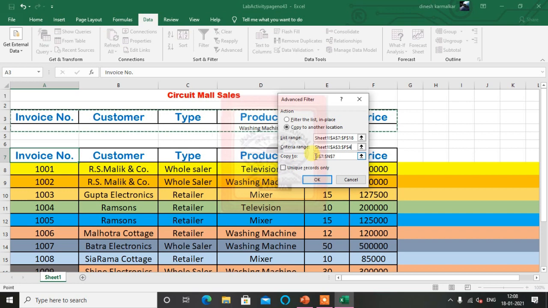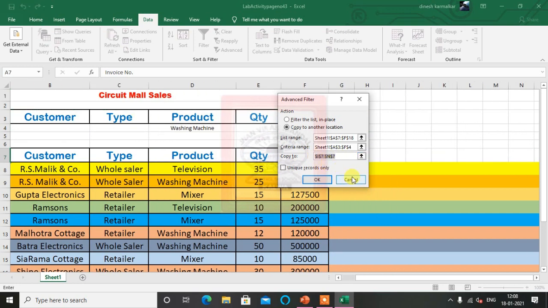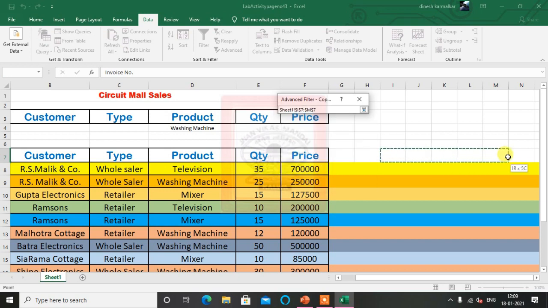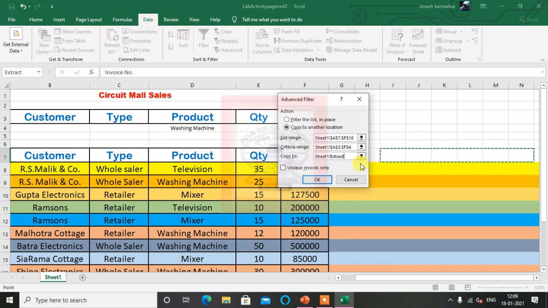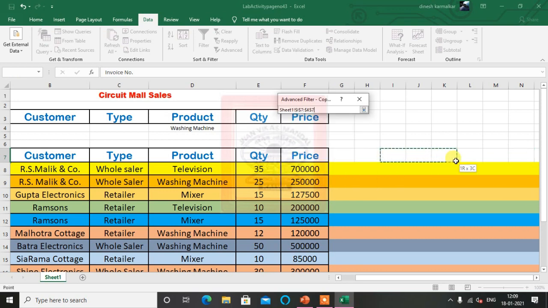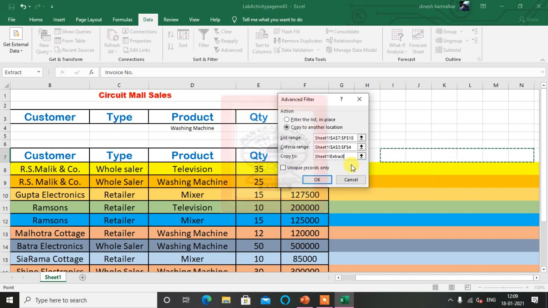And in the copy to option we require 6 fields, from H to N. That all will be taken. 6 fields are needed.